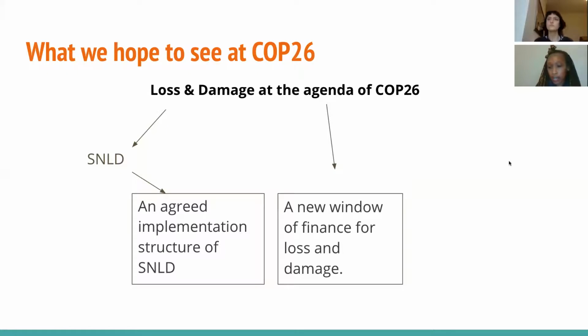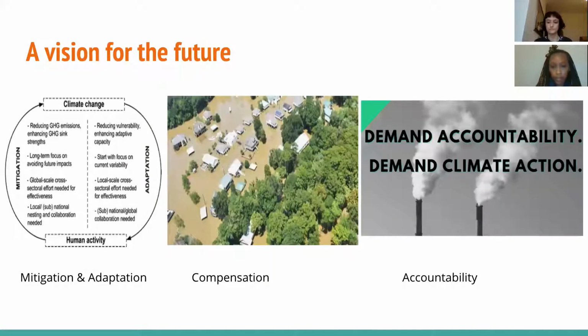Next slide. Simply put, our vision for the future is honoring the right to a future for the next generation. A world where loss and damage is fully addressed based on the needs of people. And we could reach this by avoiding the extent of loss and damage impact through effective adaptation and mitigation actions, by also increasing the accountability of big polluters and providing reparation for those affected by climate change.